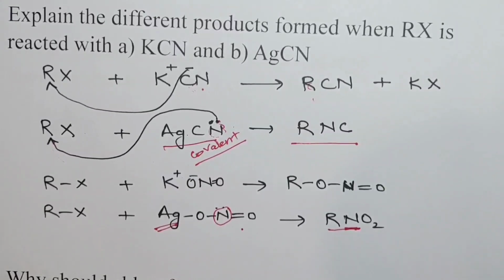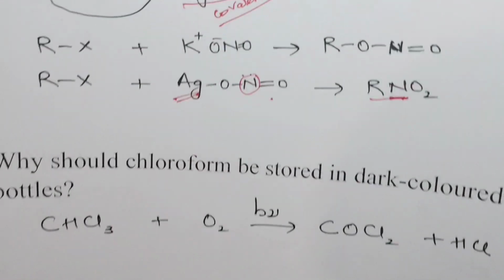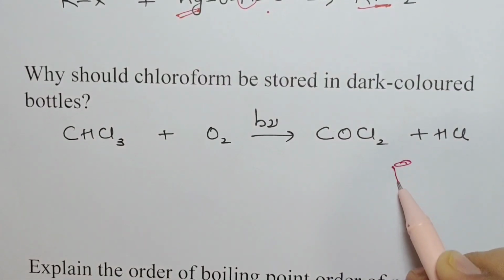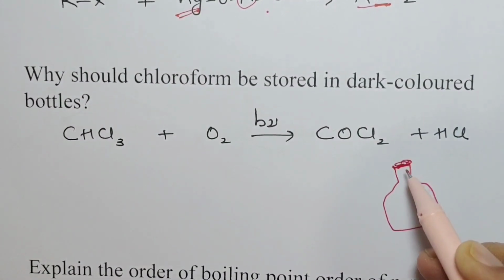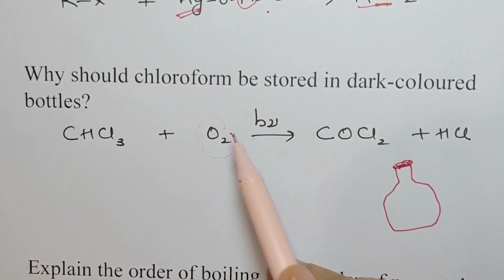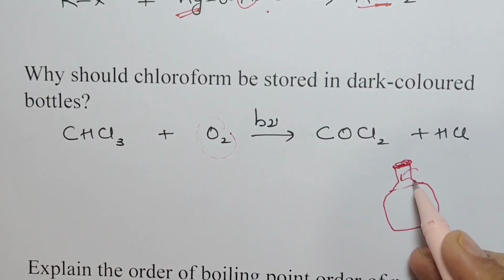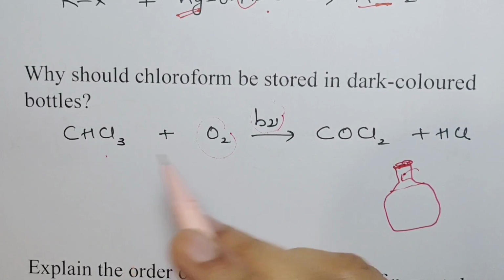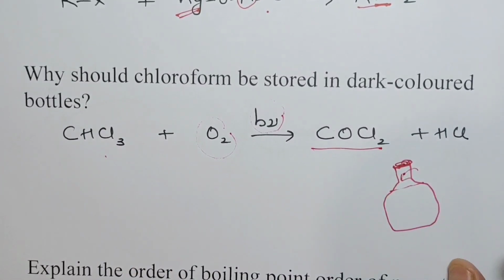Next up, why should chloroform be stored in dark colored bottles? And actually those dark colored bottles need to be completely filled with chloroform up to the brim. Now why is that the condition? Because when chloroform combines with air, if you don't fill it to the brim, there would be air there, and then that air in the presence of sunlight combines with chloroform to form a toxic gas, that is phosgene,